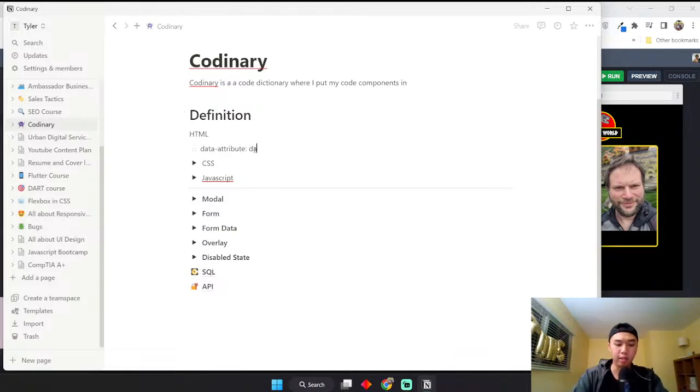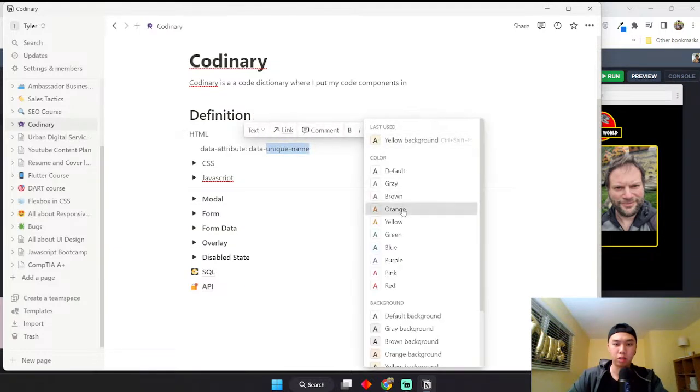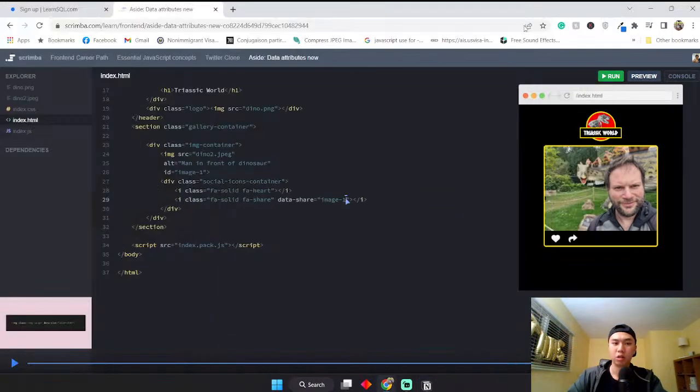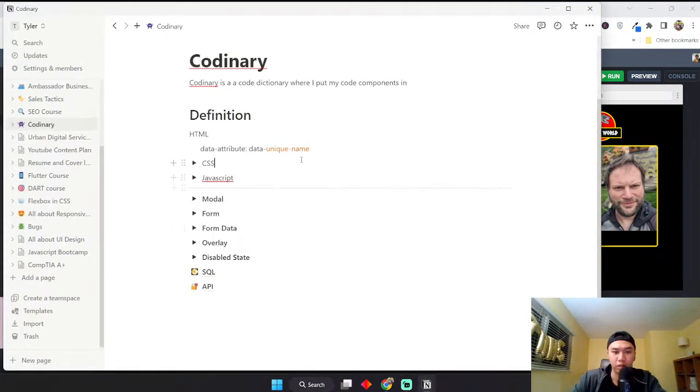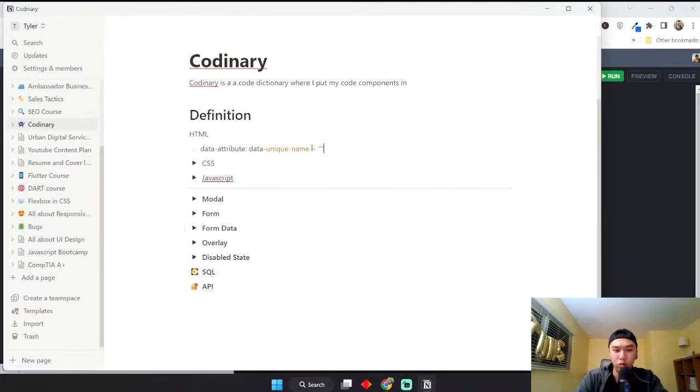It's going to be data slash unique name. Put it right like this. Okay. And then equal to